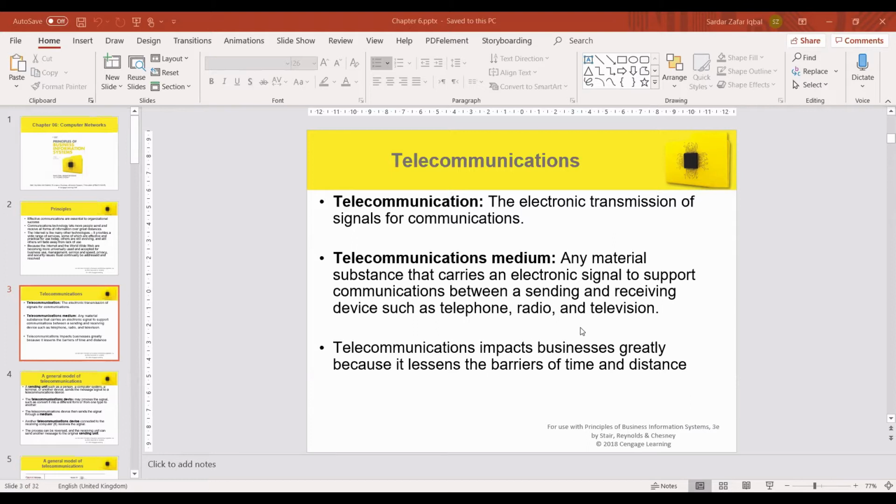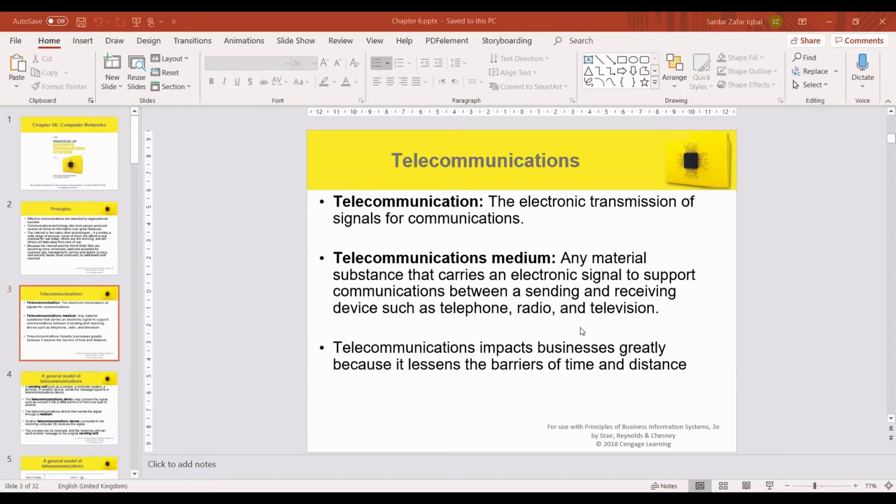Telecommunication, how we can communicate between two devices, or through some, your data will be moving from one place to another in some form, which is normally we call it the signals. So this signal must be generated from the sender to the receiver, and they must go through some medium. So that electronic signal passage is called the telecommunication, and this happens through a way which is